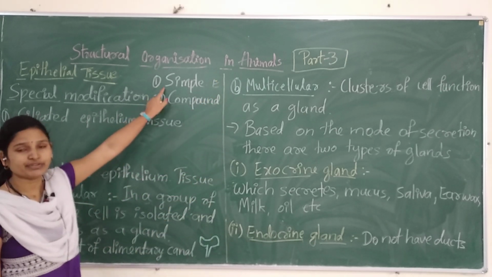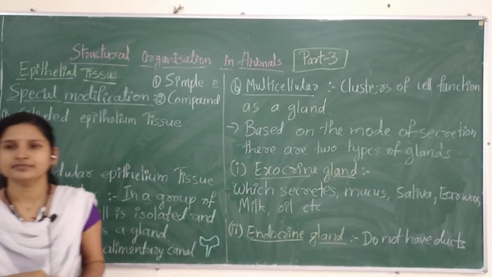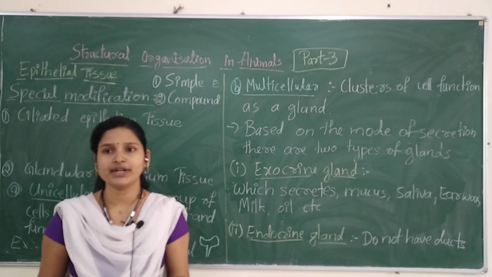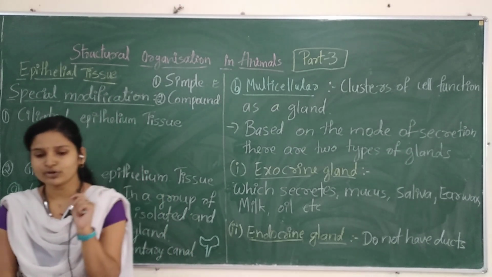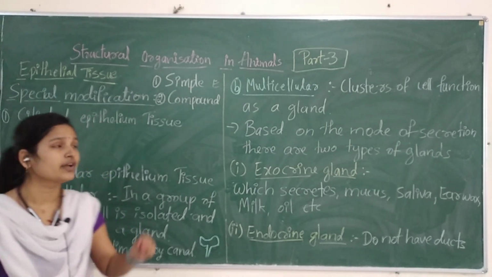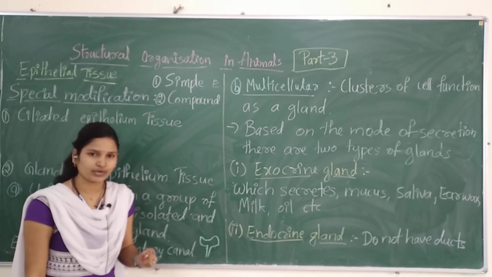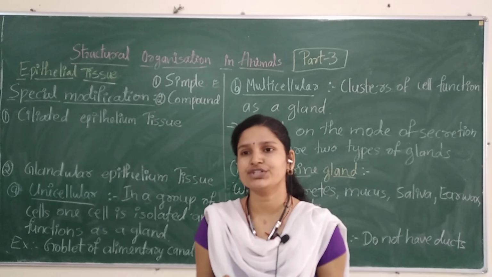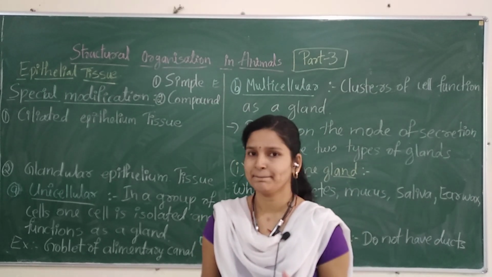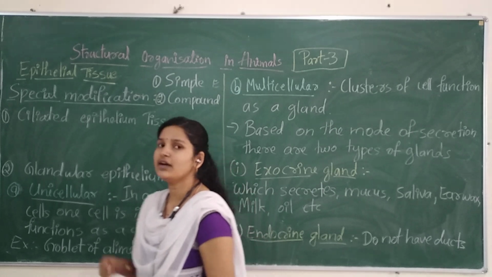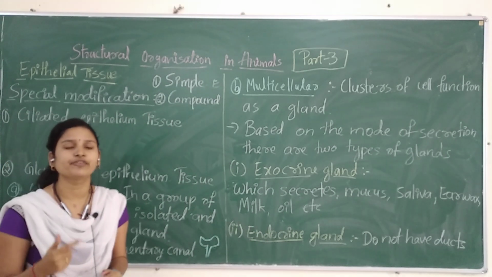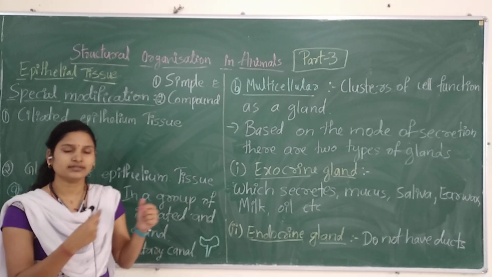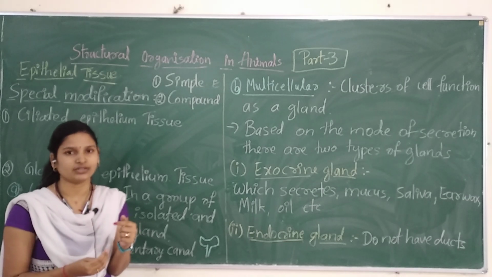In the simple one we have studied the squamous epithelium, then columnar epithelium, then cuboidal epithelium. These three very important types we have seen in case of simple epithelial tissue. And remember, these are very important, and please distinguish the different types which are present in the tissues. Have a clear idea which type of tissue or which type of cells are involved in what type of tissues, the subdivision. Remember that.